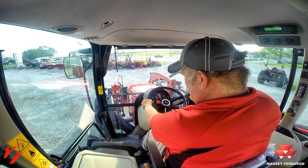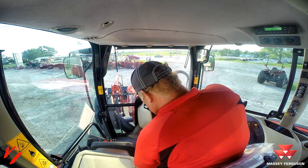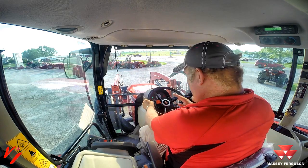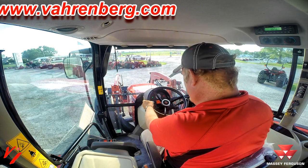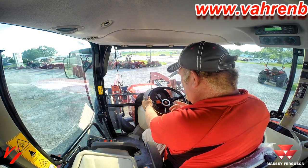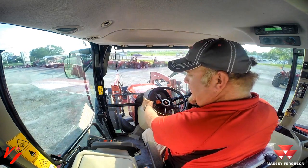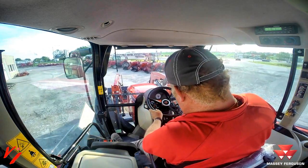We've got our shuttle lever. Got to hit our park brake first. Once we start the tractor with the clutch, we don't need it actually anymore. Once you start the tractor, all you need to do is raise it up, put it in forward, and it'll start moving. We've got our gear selector. You do not need your feet